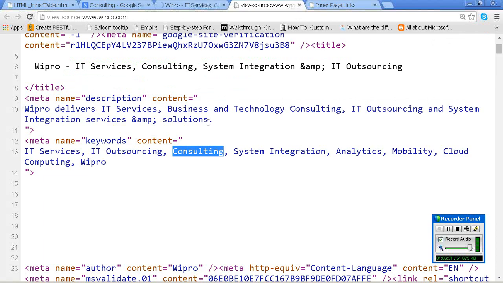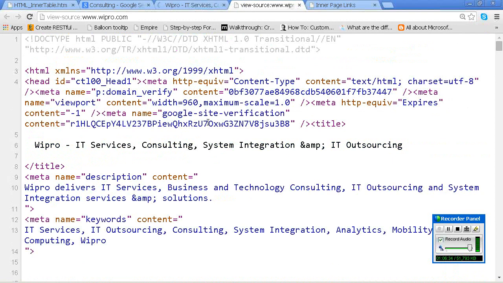So what you need to concentrate on in the head means two things: title and metadata. Title is useful for showing the result. While giving the result, it needs to show some title. Second, how the search will happen is only by keyword, not by description or title. Those are useful to showcase the title and description of your business. Then how will the search happen? Based on the keywords.